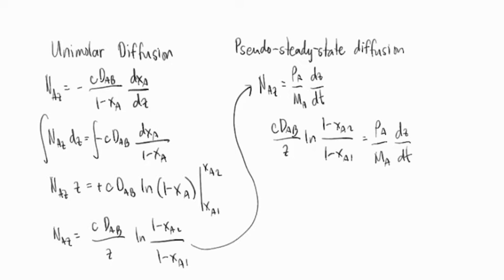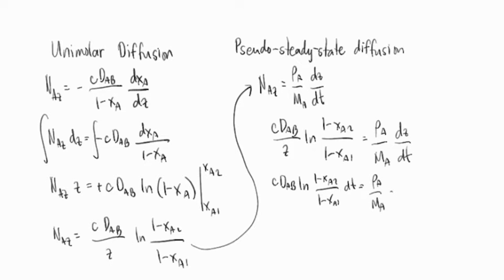We can then again separate the variables such that all of the z terms will be on our right and all of the t or time terms will be on our left. So we have C D_AB ln of (1 minus x_A2) over (1 minus x_A1) multiplied by dt is equal to rho_A over M_A multiplied